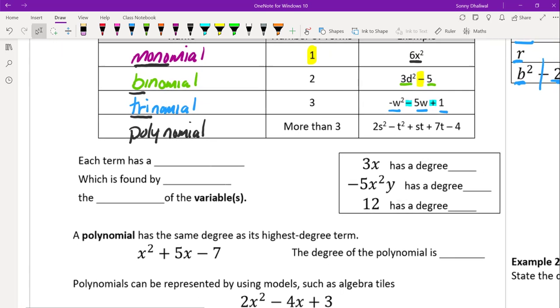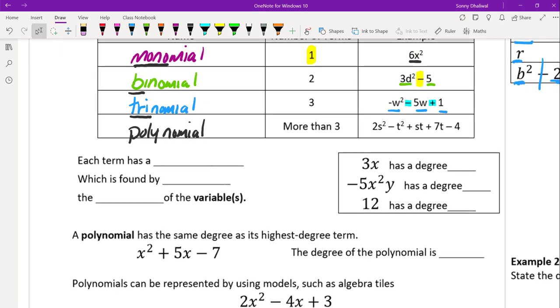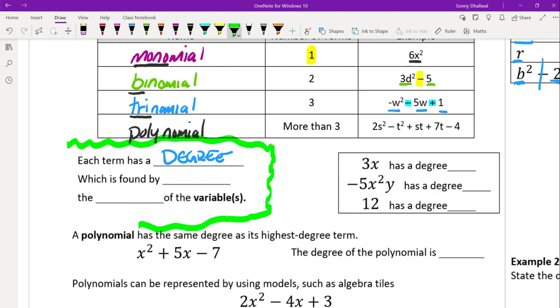Okay? So now that we know how to identify terms, each term also has something we call a degree. So now a degree,